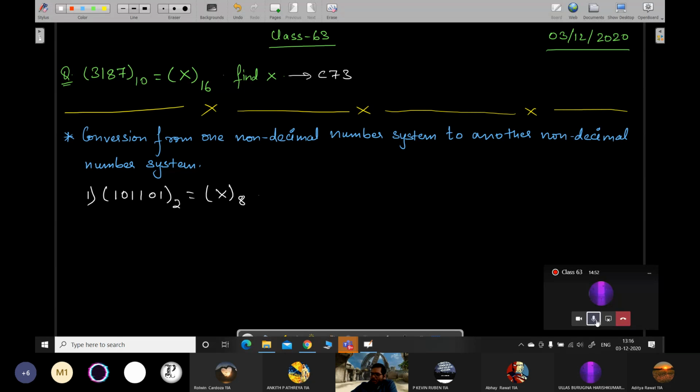See, the problem with these type of questions is, actually there are two problems involved, right? At one single time, you are doing two different types of computations. That is, one conversion will be from any other number system to decimal first, and then decimal to that required number system, right? So it is time consuming. But I'll tell you a trick, and then you will find that this is the easiest of the easiest types of problems. You will solve it within 10-20 seconds. ठीक है, ये 10-20 seconds में solve हो जाएगा.